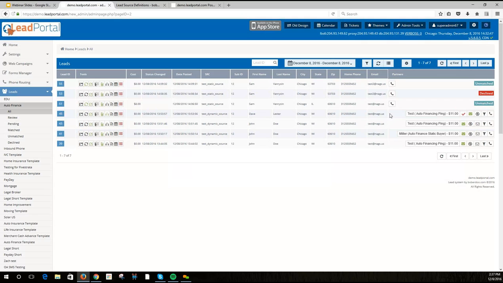So I just want to highlight the 3 or 4 different leads I have here. We see the one with the check mark, that's the one that's waiting for call center approval. It's pending. It hasn't been processed yet. And then let's go to lead ID 53, the declined one. So this is one that we already set to declined. And if you click on the show lead log icon,